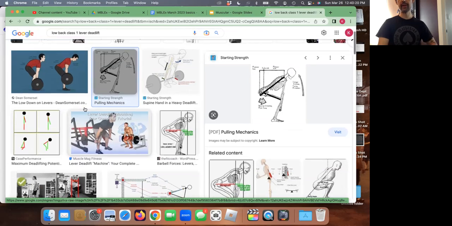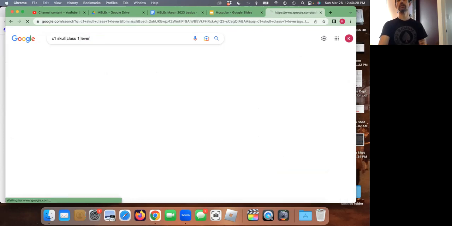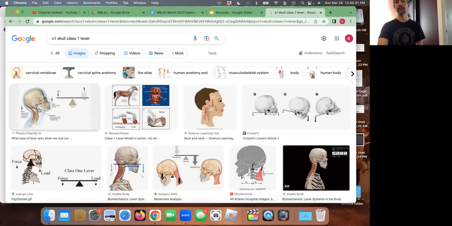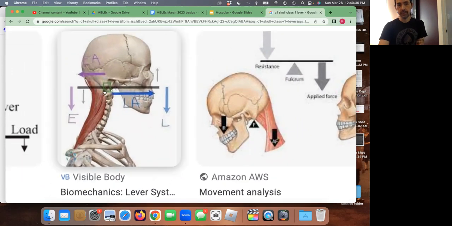And then with the head, let's see, C1 skull. With the atlas and the skull, there's also a class 1 lever. And that looks like this. So here the axis is between the first vertebra, C1, atlas, and the skull, right? And so the axis is right here, and the weight is in front. So the chin and the forehead are the weight,